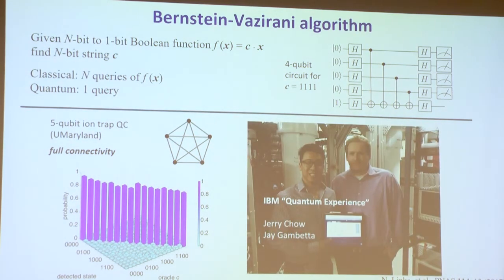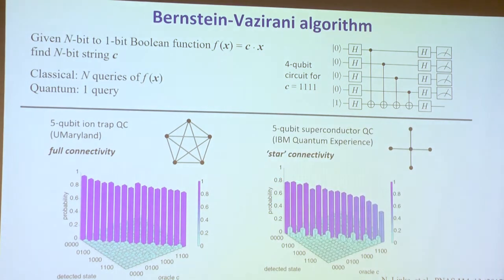by the way, I didn't mention, it's a superconducting system. So they've engineered that very well. And it gives pretty good results, 80% fidelities overall. Their gates are a little worse than ours. The gate speed is quite a bit faster, actually, but for 5 qubits, speed doesn't matter so much. What is different about the system is that they're not very well connected. Their qubits are on a 2-dimensional grid. This is the unit cell of a square lattice, and they have 1 qubit here connected in a star pattern.